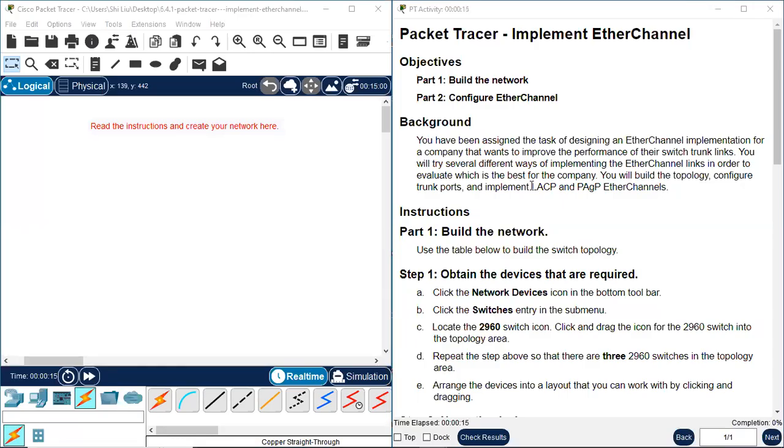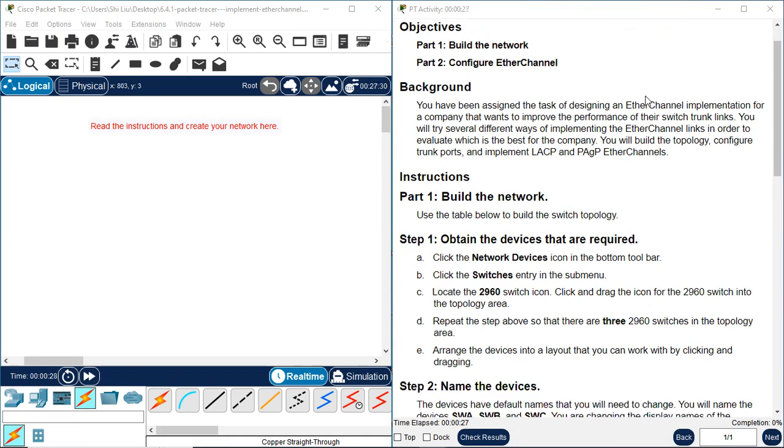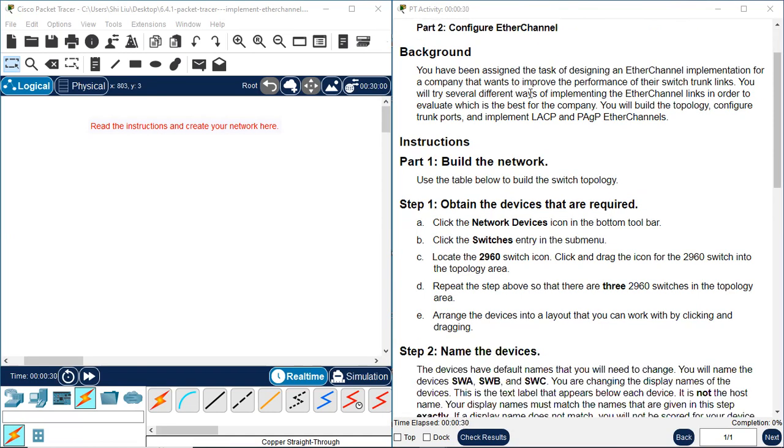Hello everyone. Today we are going to do Packet Tracer CCNA2 version 7, 6.4.1, Packet Tracer implement EtherChannel. Objectives: Part 1, build the network. Part 2, configure EtherChannel. Background: you have been assigned the task of designing an EtherChannel implementation for a company that